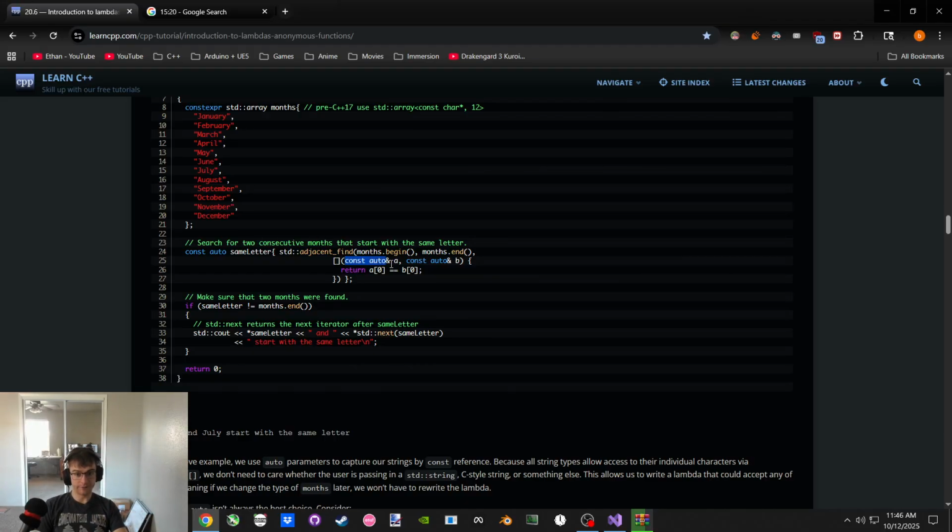Okay, we can take anything, so we're taking an array of integers in another one here. Okay, and we're checking, hey, is the first one of this the same as the first one of this? But really, this is an array of arrays. This is a standard array of months, but each one of these is an array of const characters.